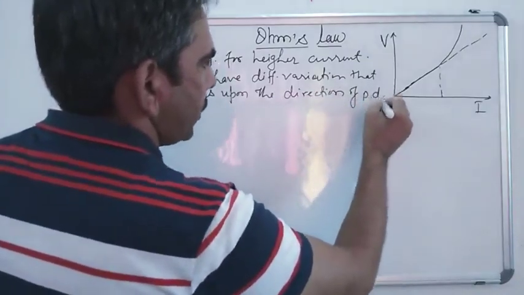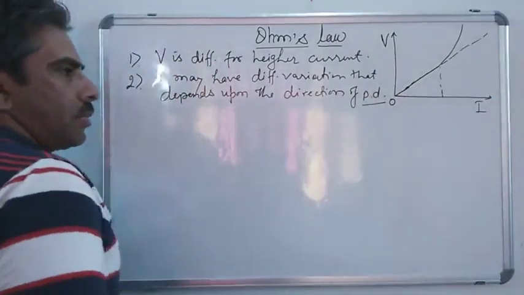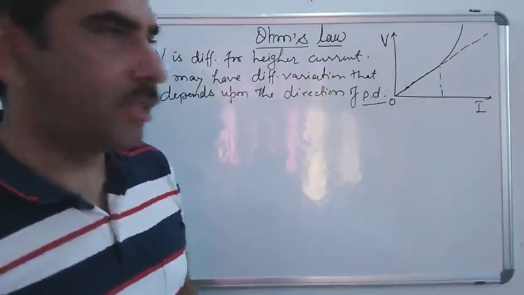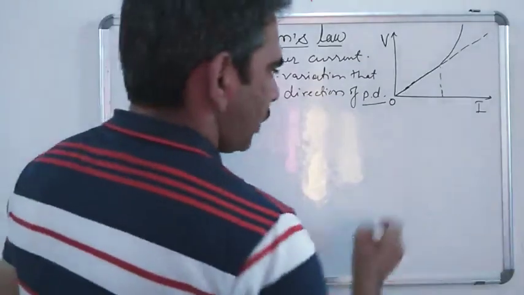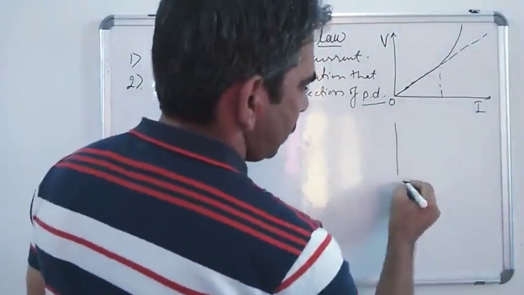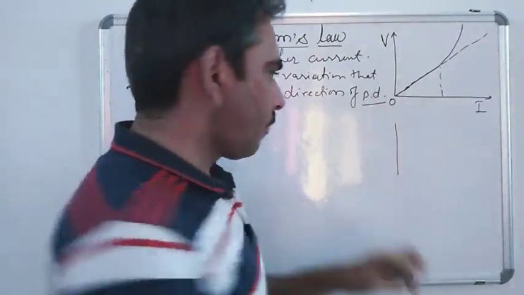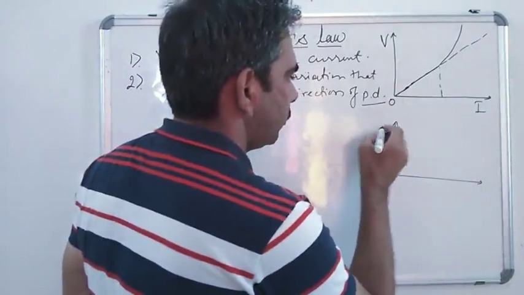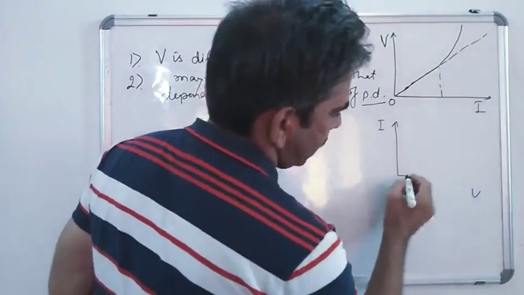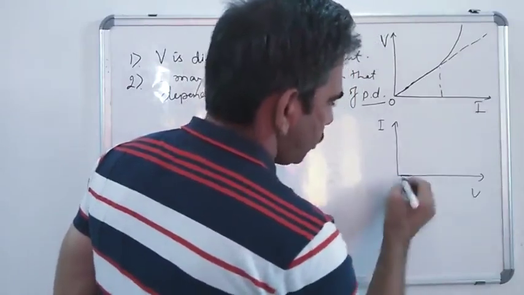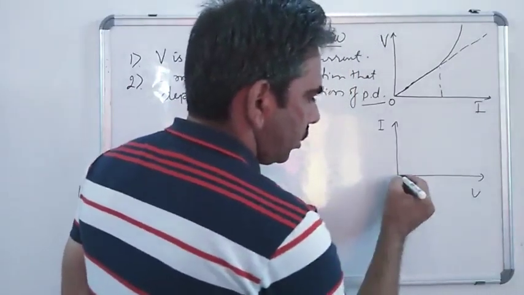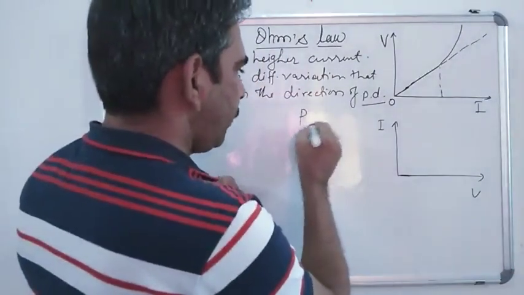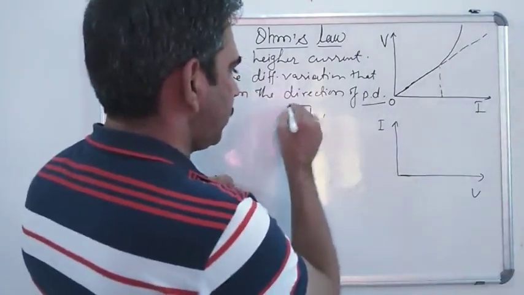Electric potential difference. Suppose in the case of semiconductor PN junction diodes, which you will discuss in the last chapter of this 12th class physics syllabus, what happens whenever we change the potential? For example, we have applied the potential in one direction. The graph between V and I takes this form. Positive potential is applied whenever the positive terminal of the battery is connected to the P type region of the PN junction diode.